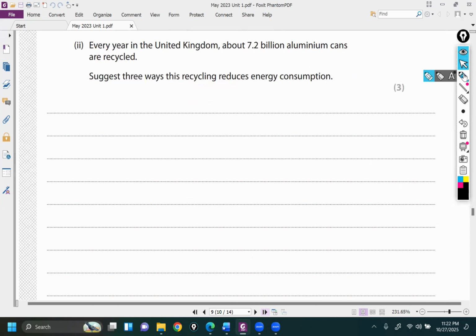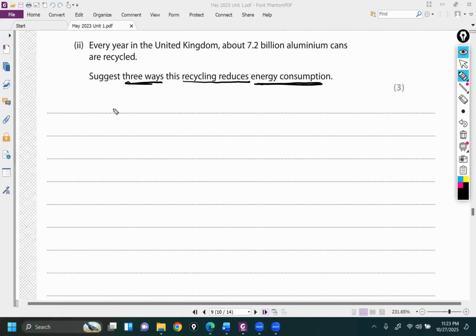Now, in this question, every year in the United Kingdom, about 7.2 billion aluminum cans are recycled. Suggest 3 ways in which this recycling reduces energy consumption. You will only focus on the energy consumption, how recycling reduces it. They are asking 3 ways and 3 marks. So number 1,